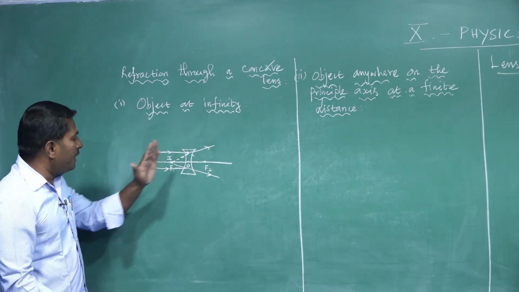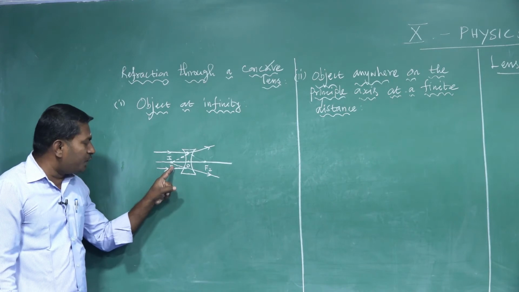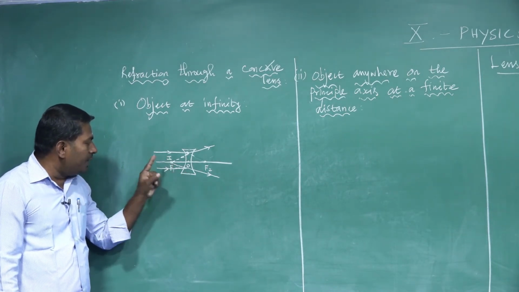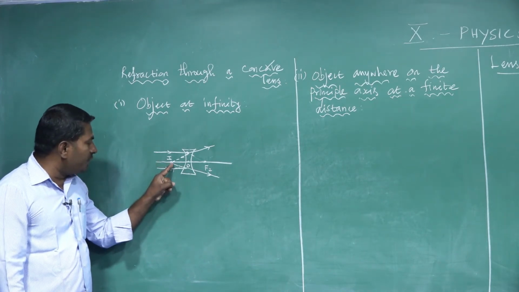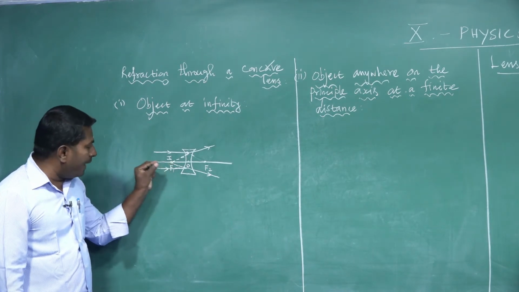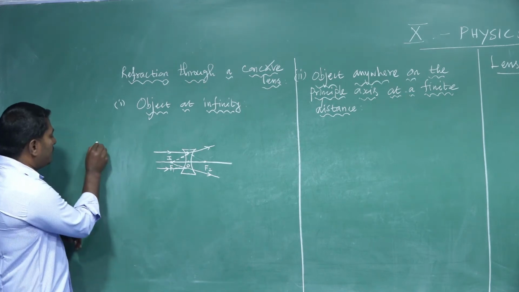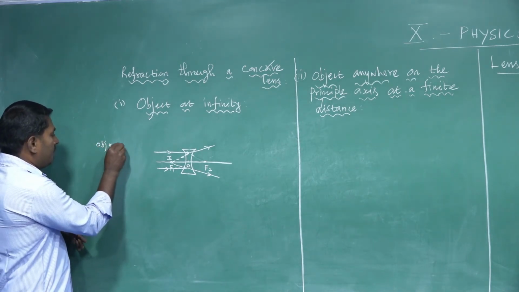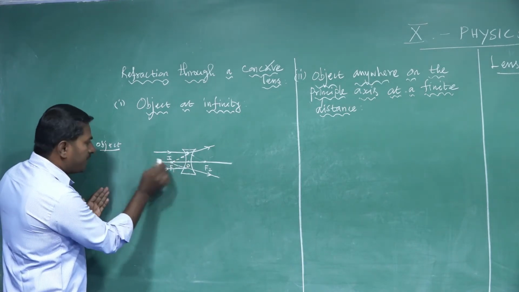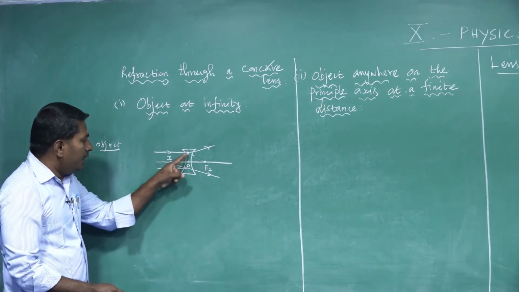So the object is placed at infinite distance on one side of the concave lens. The image is formed exactly at the principal focus of a concave lens. That image is a point size image of an object. It is a virtual image and a point size image. The image is obtained on the same side of the object. The object is placed at infinity, but the image is obtained on the same side of the object. It is a point size image or highly diminished image. It is a virtual image.